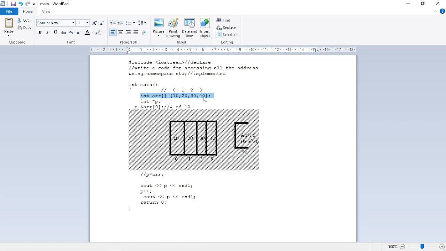to initialize values to our array. Here the index of 10 is 0, because in an array the index starts from 0, and the next index is 20, the second index is 30, and 40 is present at index 3. And after that we are going to declare a pointer variable, that is, integer pointer p,